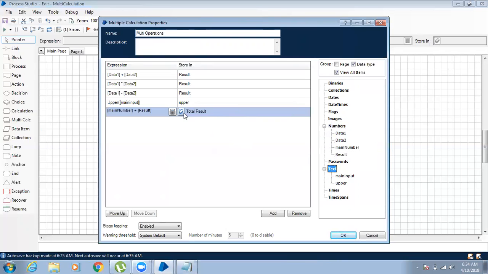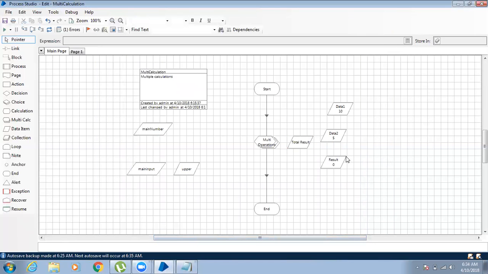Not yet, right? We need to create the total result. What is the total result? Main number plus the result. Whatever result will come, that will be added over here. You can see that result over here. So to run it,